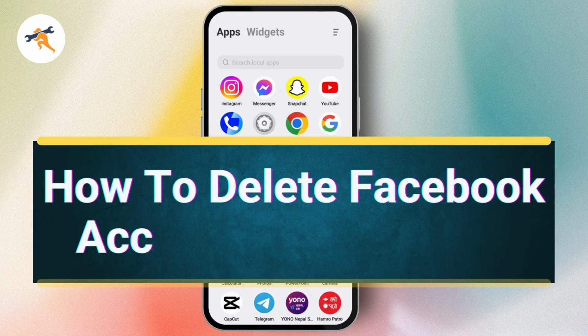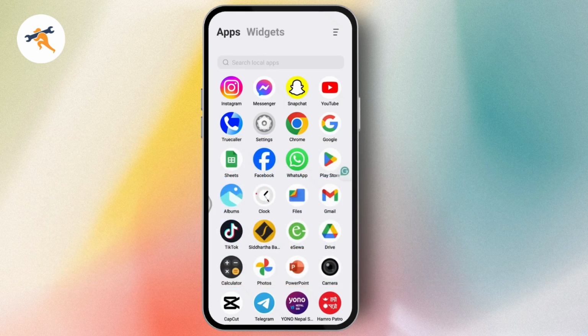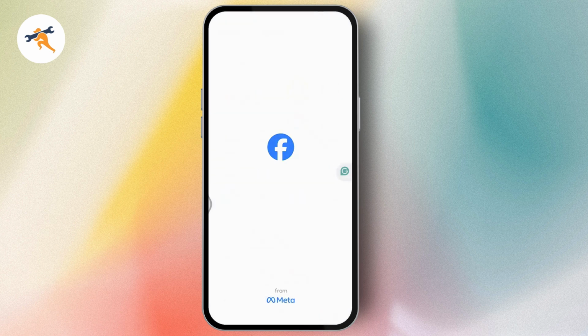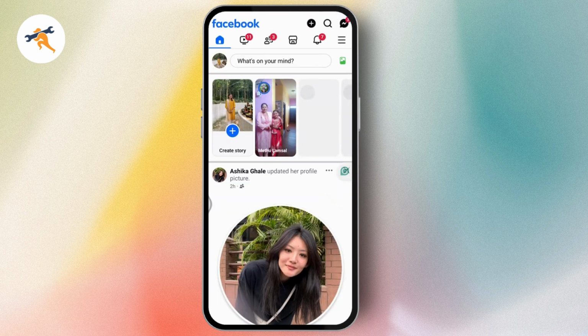How to delete Facebook account permanently. So if you want to delete your Facebook account permanently, then first you need to open up your Facebook application. Once you open up your Facebook, now you need to go to the upper right, which has that three bar